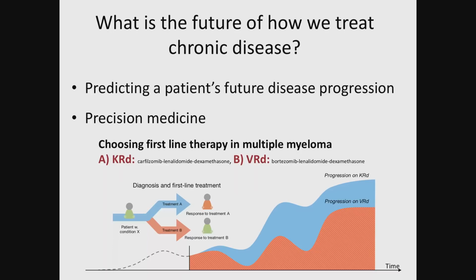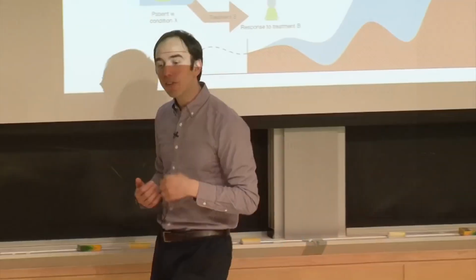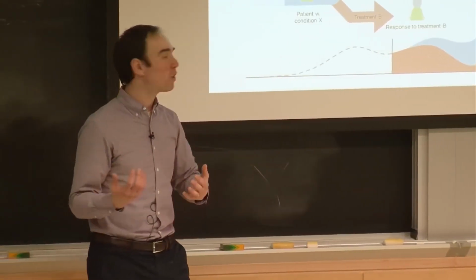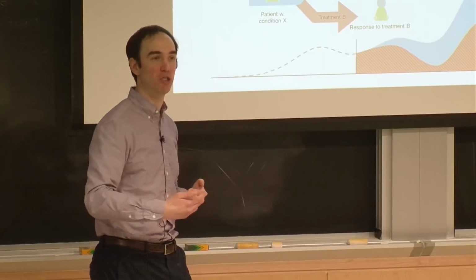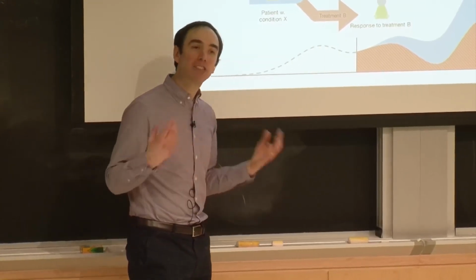And of course, treatment A and treatment B aren't just one-time treatments, but treatment strategies. So they're repeated treatments across time with some intervals. If your algorithm says that under treatment B, this is what's going to happen, then the clinician might think, OK, treatment B is probably the way to go here. It's going to control the patient's disease burden best in the long term. And this is an example of a causal question, because we want to know, how do we cause a change in the patient's disease trajectory? And we can try to answer this now using data.